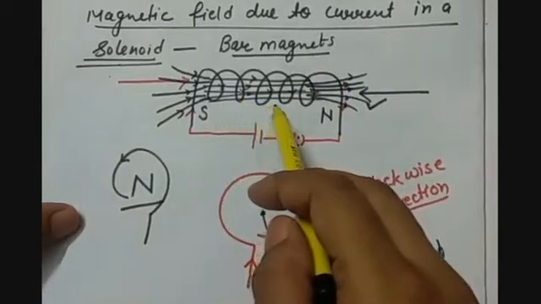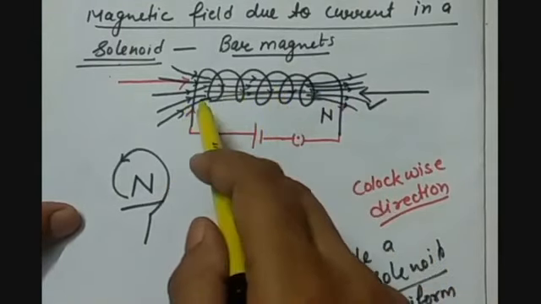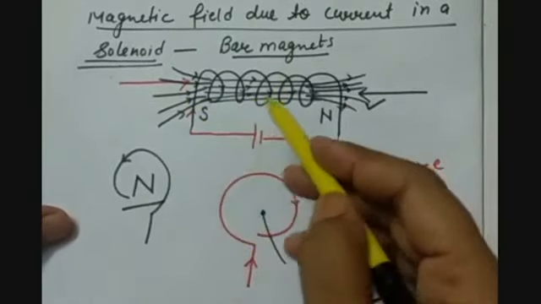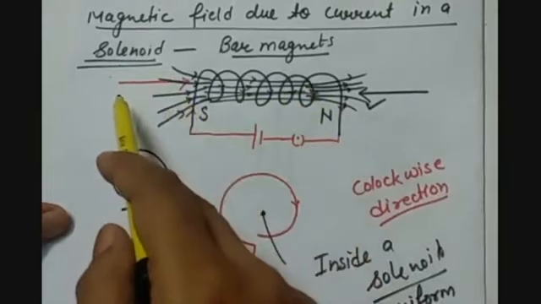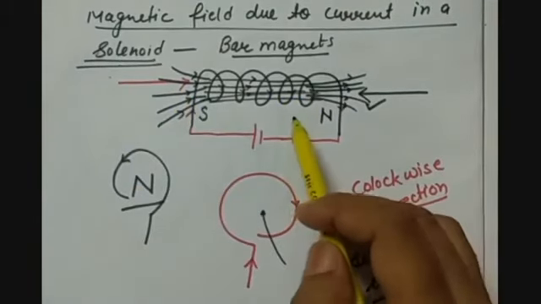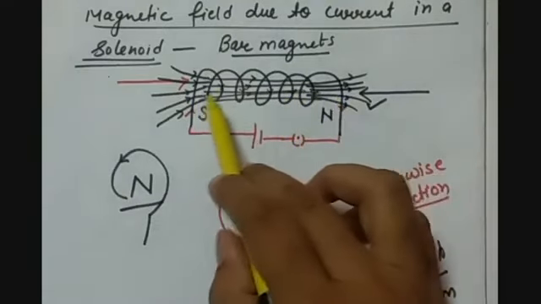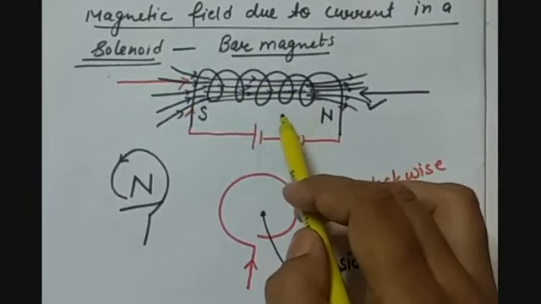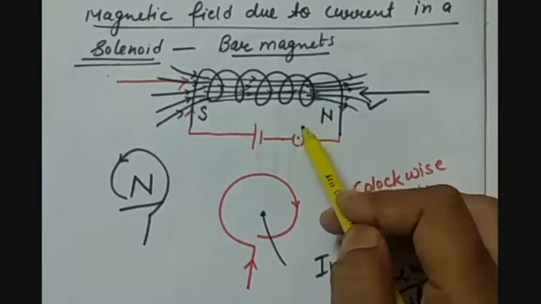The magnetic field inside a solenoid is uniform, whereas the magnetic field outside is non-uniform. Magnetic field inside is higher, magnetic field outside the solenoid is weaker. The magnetic field decreases as we go towards the ends of the solenoid. The magnetic field around a solenoid resembles the magnetic field of a bar magnet.